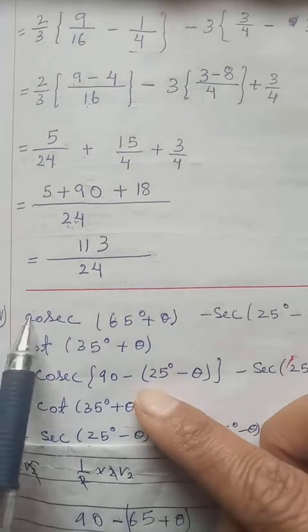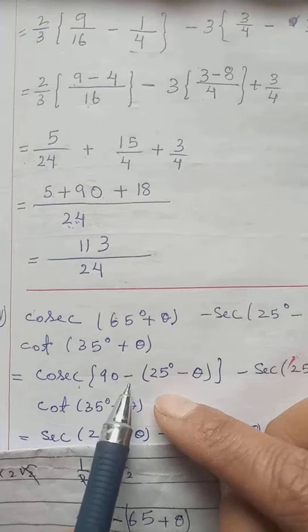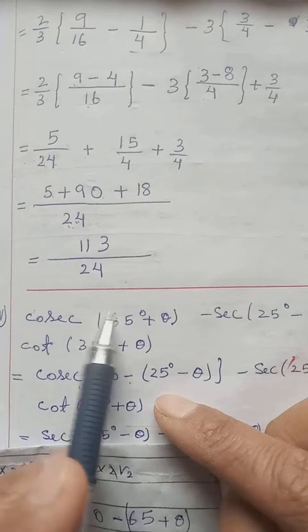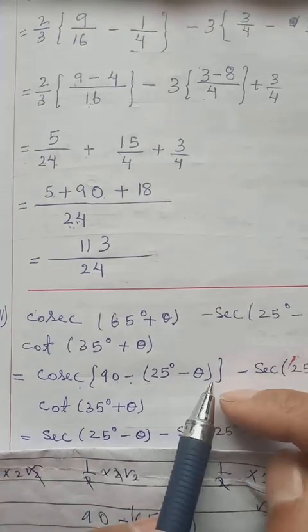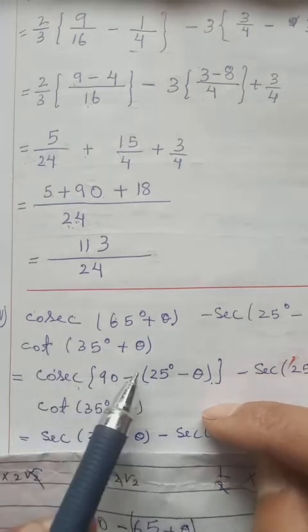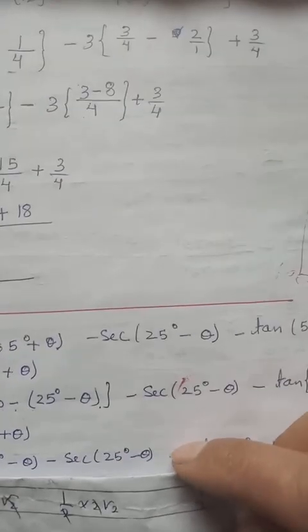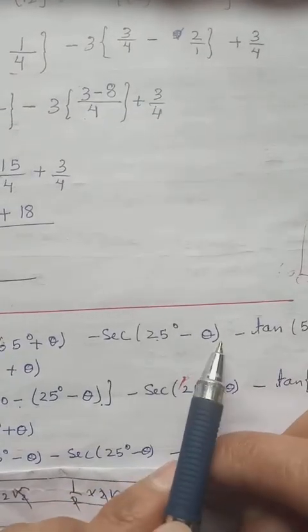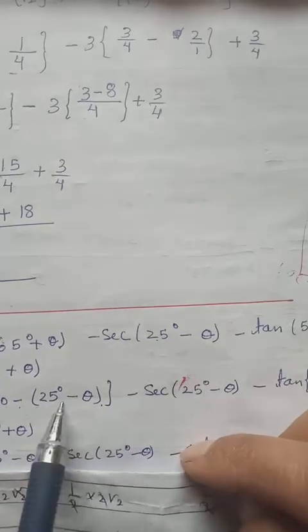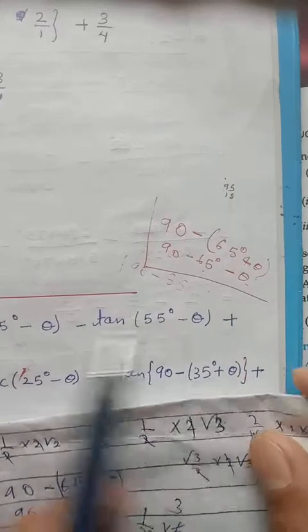So that's why cosec, let it remain cosec. We come out to be 90 minus this one. So we already see 90 minus this one, we get this one. Okay, so now cosec will change to sec. 90 will go away. We are left with sec(25 minus theta). Then here we have 25 minus theta, no need to convert because we already have it here. Leave it there. Then next we have tan(55 minus theta).